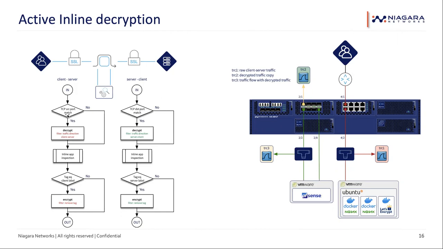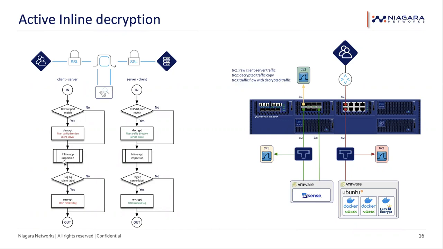A flow chart on how the traffic is flowing through the packet broker. So client server port, traffic is coming into the packet broker, and we just look at the TCP port. In this case, it's HTTPS, so we look at port 443. If it is port 443, yes, okay, we decrypt it. If it's not port 443, just send it to my inline inspection appliance, because that inspection appliance does want to see all the traffic, not only the decrypted traffic, but it will probably want to see all the traffic that is on the line. Just the encrypted traffic, we want to decrypt it before sending it out.